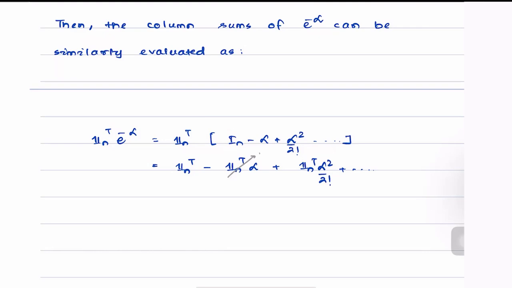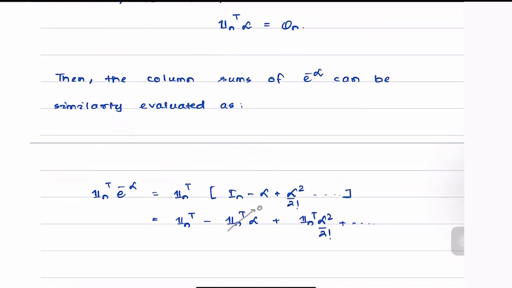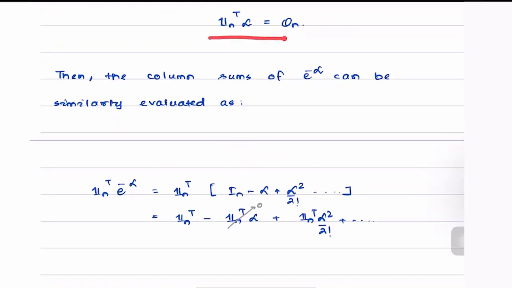We know that as given, since it is a weight balanced digraph, 1n transpose L becomes equal to the 0n vector. Hence, all of the other terms also evaluate to 0, meaning what we are left with is,